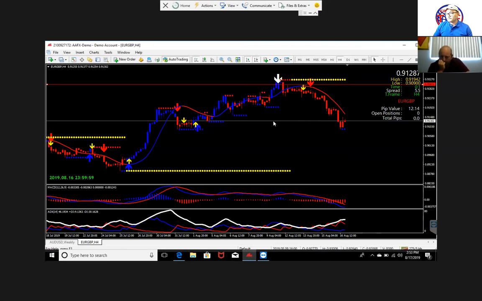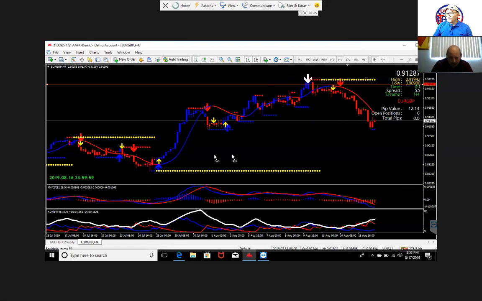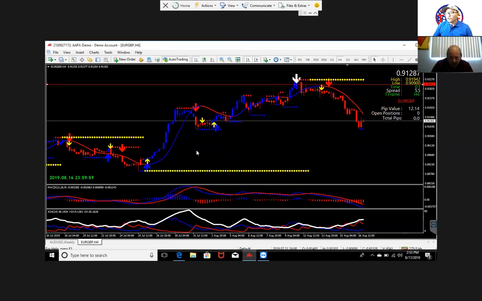Yes. So we haven't even addressed the Stairmaster yet in any of this, because we're entering at the time of the triple arrow. Is that correct? Right. If you want to trade from that, it's up to you. Yes, you could do that. But you need to know where the trend is, what direction the trend is.